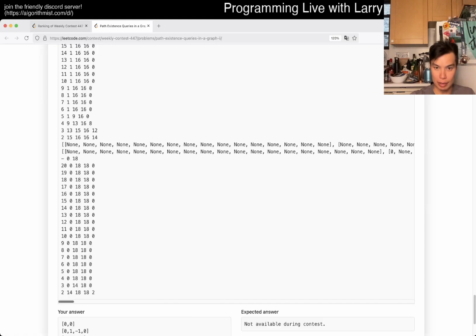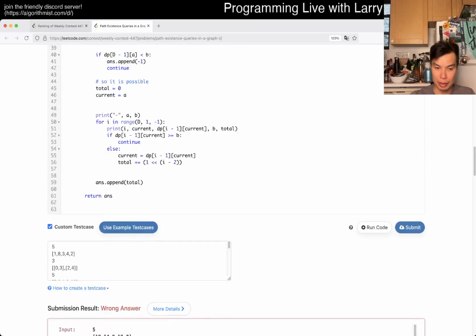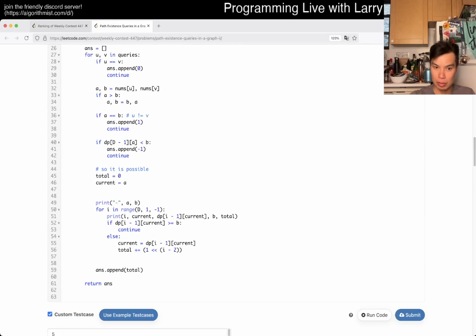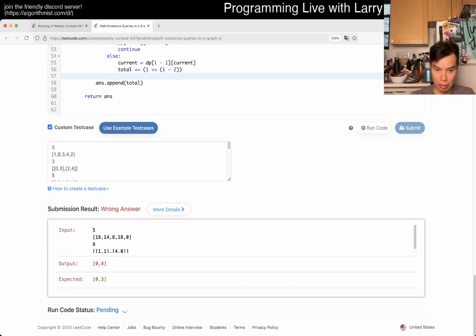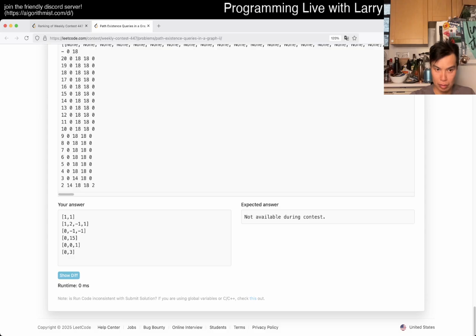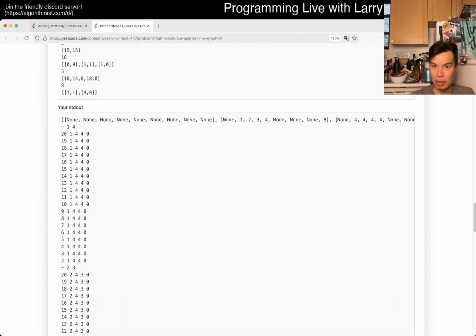I don't know if this is right. But then now it's something like this. I think this should be 15. 15 should be right, actually. I don't know. Alright, we just finished the